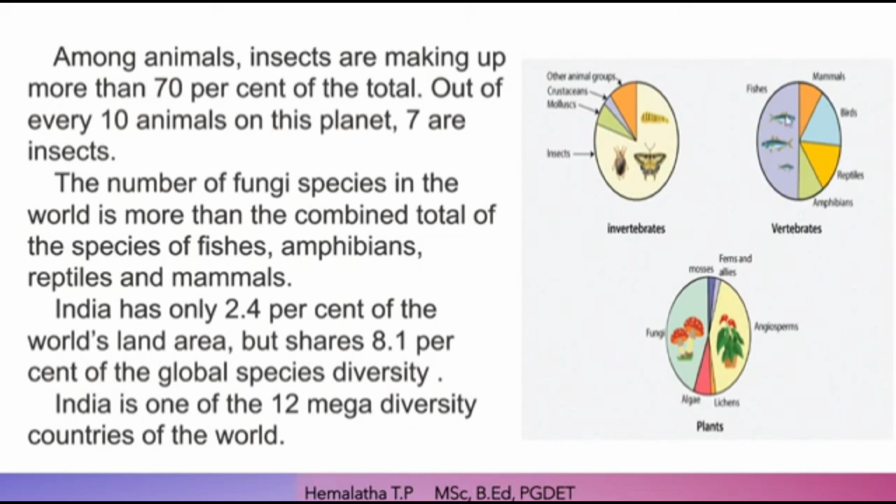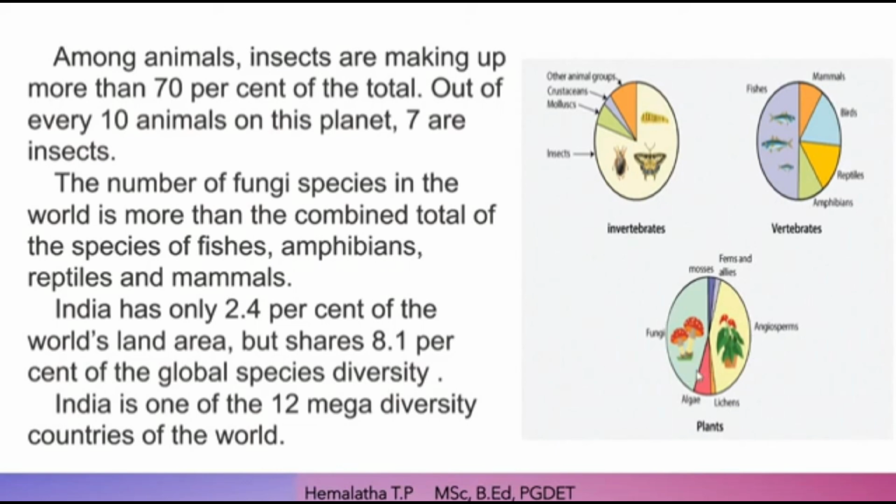When we look into the vertebrates, we can see that 50% of the vertebrates are fishes and the rest of the organisms constitute the other 50%. Mammals, birds, reptiles, amphibians form the remaining 50%, but the other 50% are the fishes. It means more varieties of organisms are present in the water compared to land.